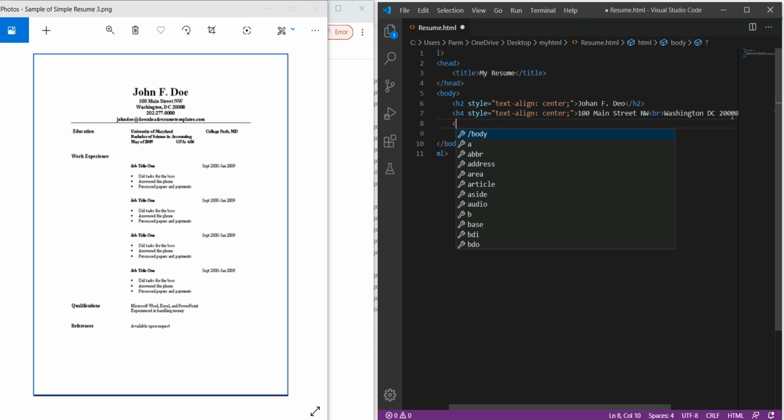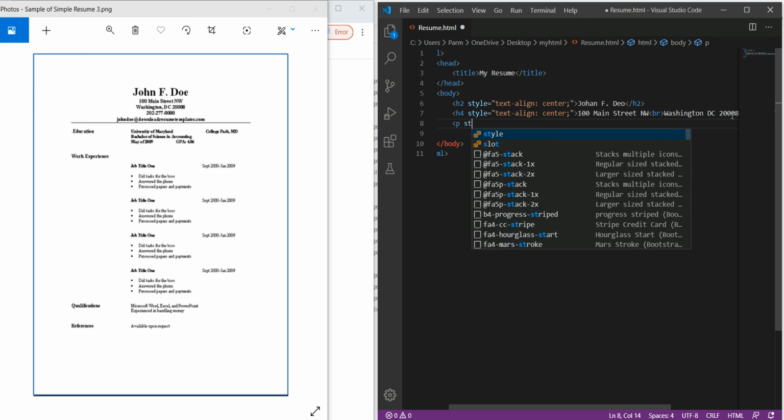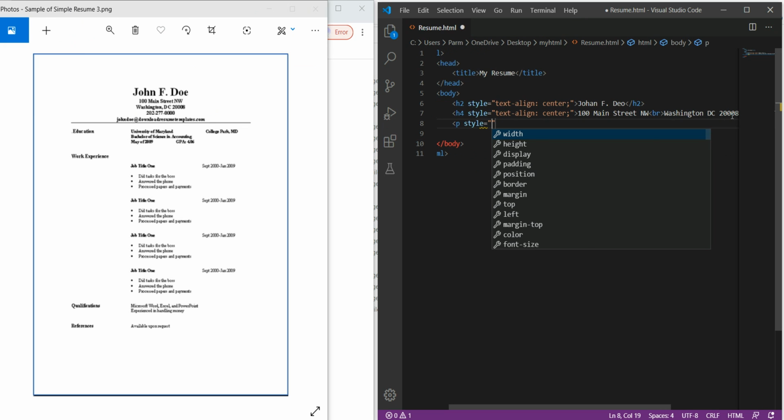I'm simply taking it as a paragraph, and again it's centered, so making style, then text-align equal to center.